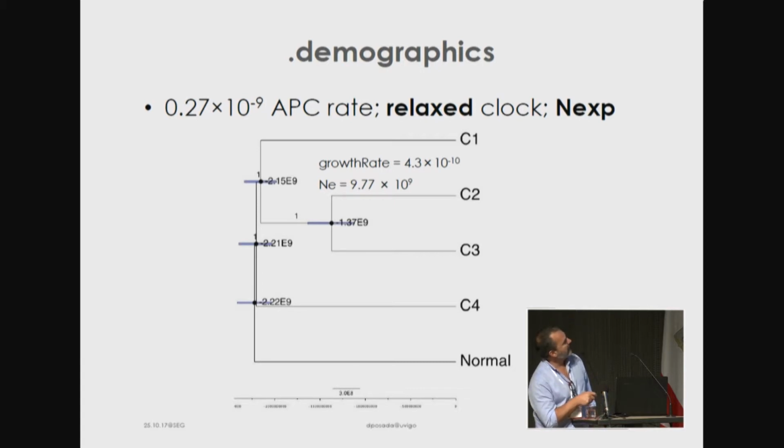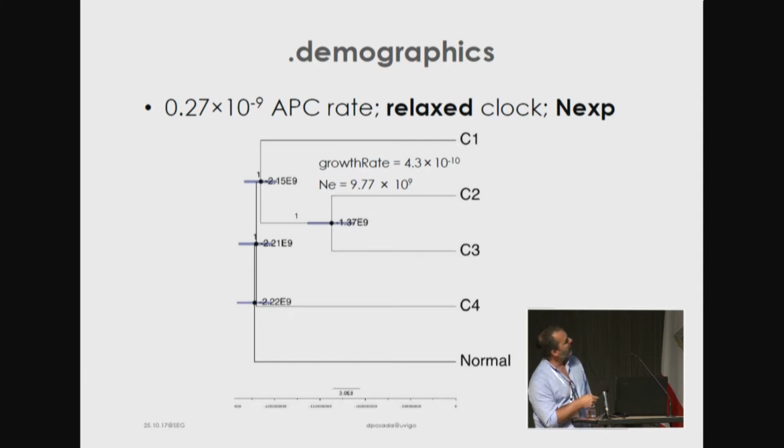We can estimate the effective population size, which is quite reasonable for a tumor, okay, this number, and we can estimate the growth rate of the tumor just by looking at NGS data. And we have here a positive growth rate, which is not very strong, okay? This is exponential growth rate. But these numbers, this scale doesn't make sense.